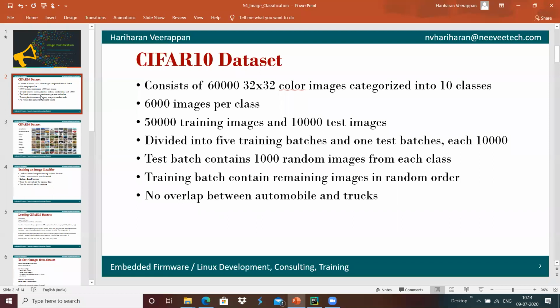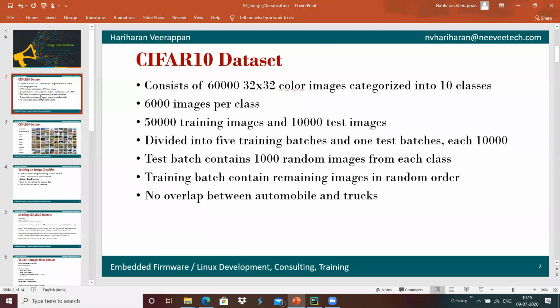The test batch has 10,000 random images, 1,000 from each class, so with 10 classes it has a total of 10,000 random test images present over here.